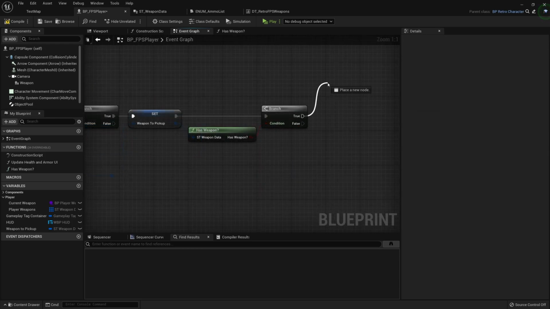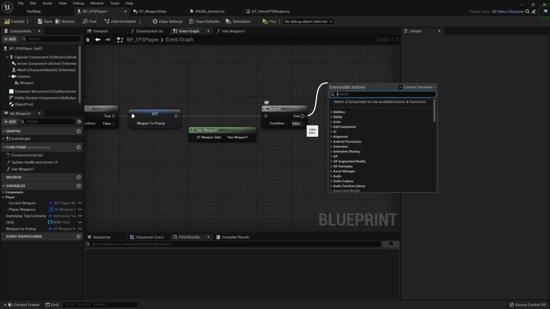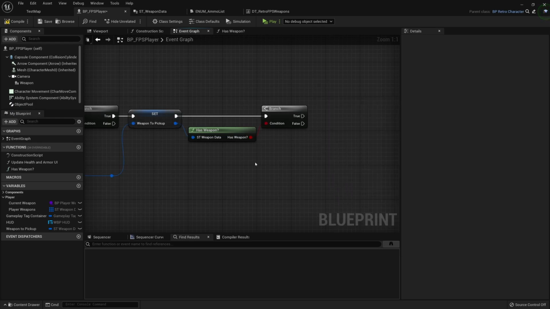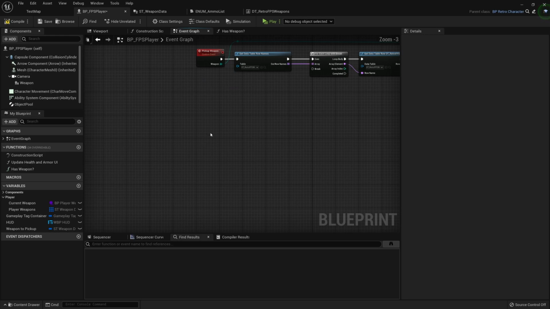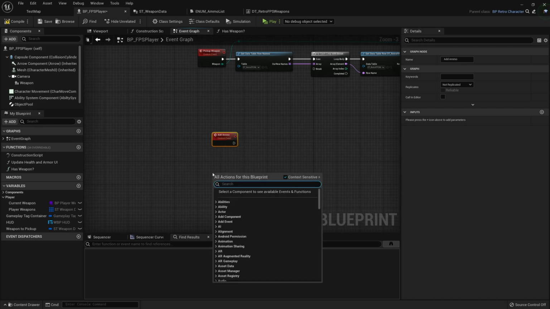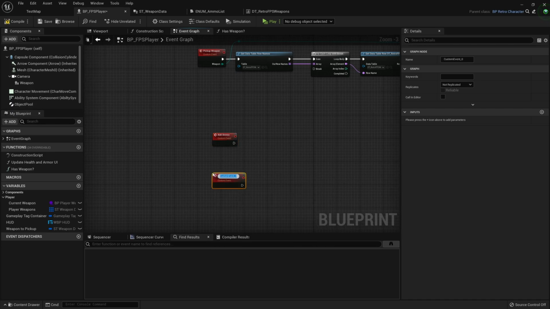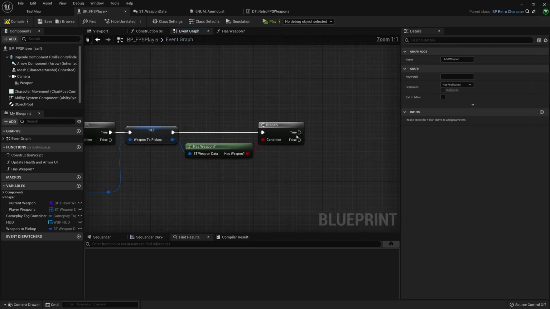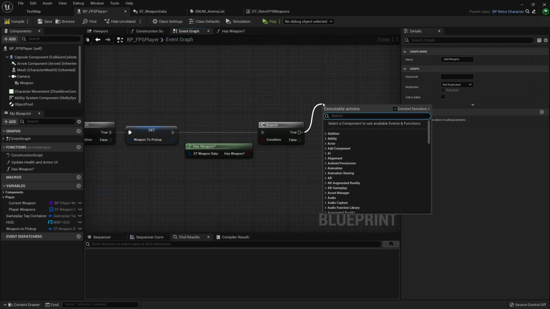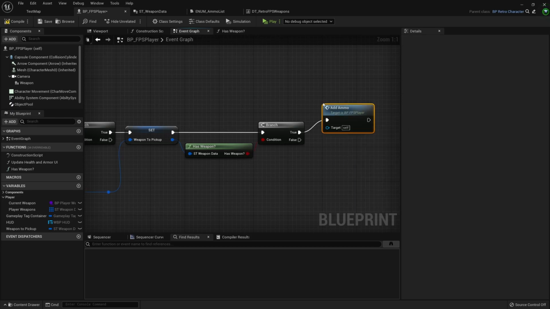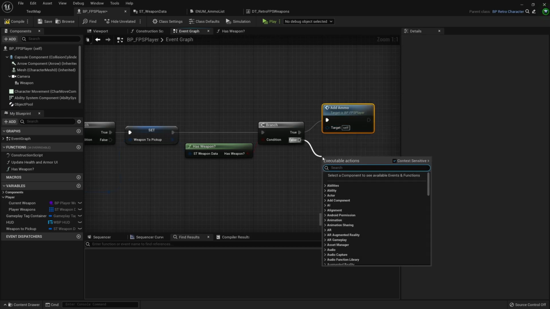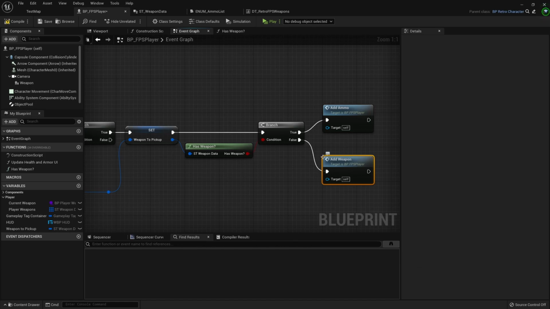So we can decide, if we have the weapon, add the ammo, or add the weapon. And that can be just quickly added right here. So a custom event called add ammo, and a custom event called add weapon. And then we'll run these through this. So true, we have the weapon, add ammo. False, we do not have the weapon, add weapon.